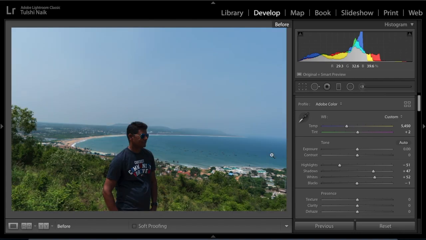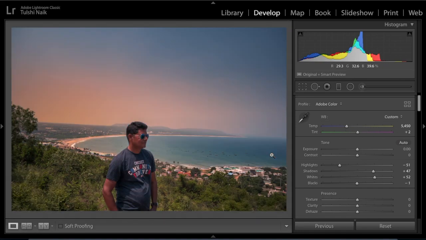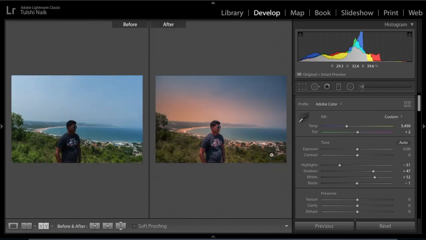So we're done with this image now. So this was before we began with this photo and we made it till here. So let's see the side by side comparison. As we can see, we have recovered quite a lot of yellow from here to here, still retaining the blues of the sky, greens of the foreground, and the color of the water.